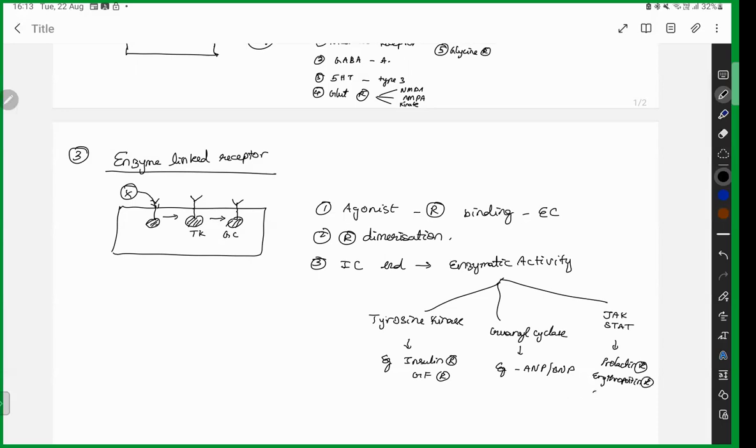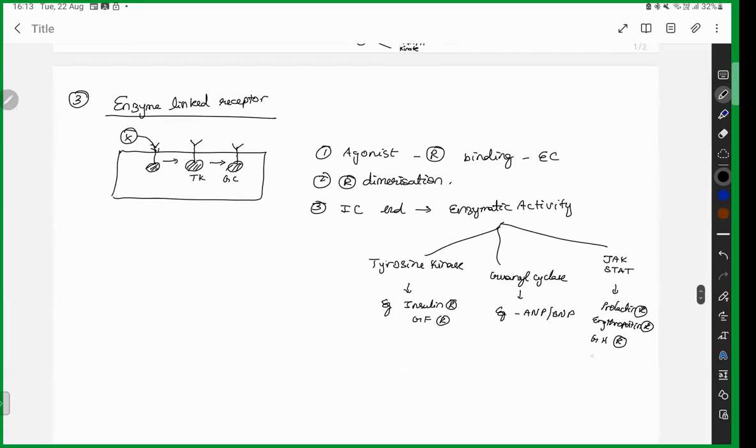You have this growth hormone receptor, the interferon receptor, interleukin receptor, and so on. Any doubts here? If not, shall we move towards the fourth one, which is going to be your